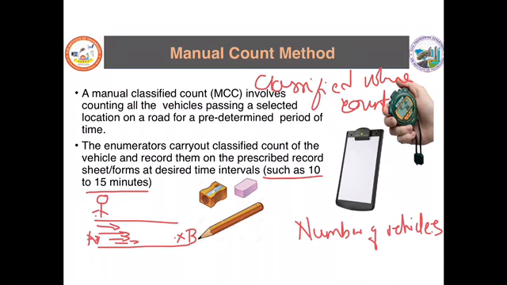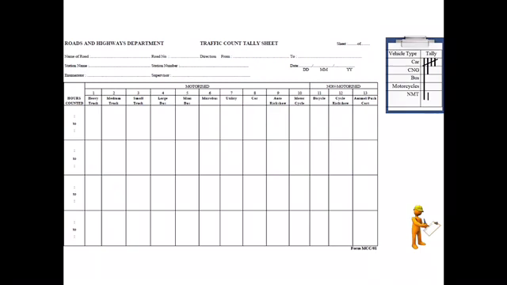The data sheets will be there. So we will split up the time into intervals of 10 to 15 minutes. So he has to enter the number of vehicles that are passing the particular point in 10 to 15 minutes' time. So I'll show the log sheet which is used to conduct the traffic volume studies. I hope you can see this. So here, the data you collect in the traffic volume studies will be entered